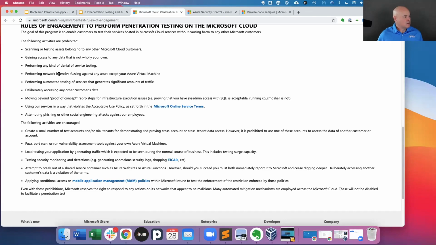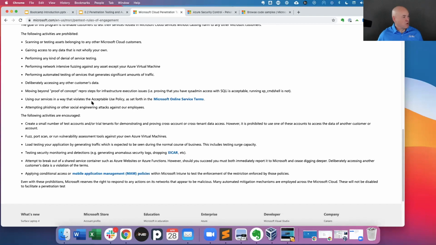So performing network intensive fuzzing against any assets except your Azure virtual machine, performing automated testing or services that generate significant amounts of traffic. So you just don't want to overload the systems, causing like a denial of service type response, deliberately accessing any other customer's data, moving beyond proof of concept, reproduction steps, for instance, for infrastructure executions,